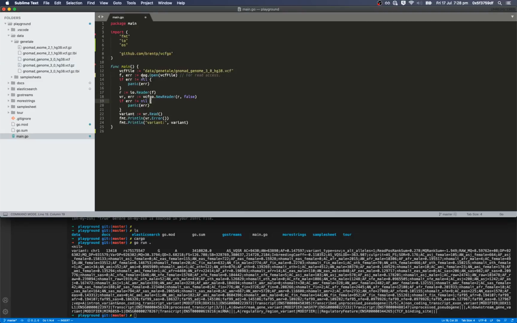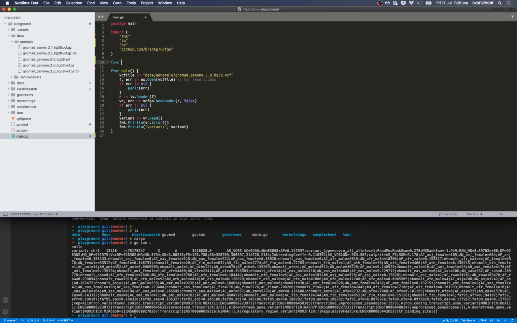So let's put that back to OS, and hopefully that won't complain, and it doesn't. So if we had something that just checks if it's gzip, we'll create a function, check is gzipped or something, and that'll take a file name. So we'll have a file name string and then return bool, and